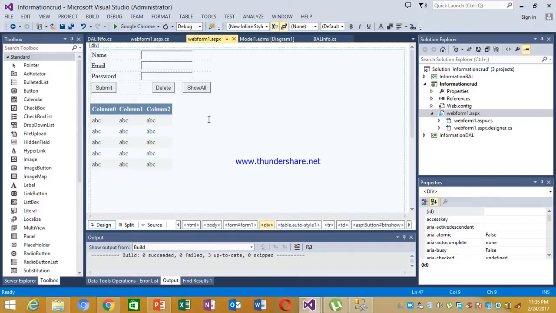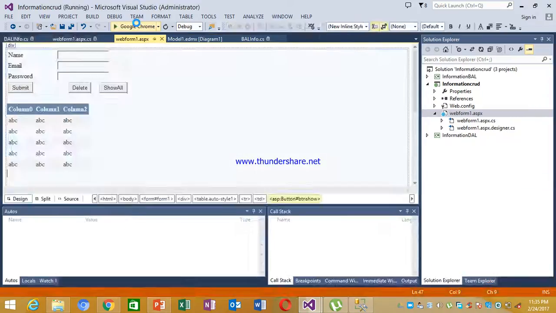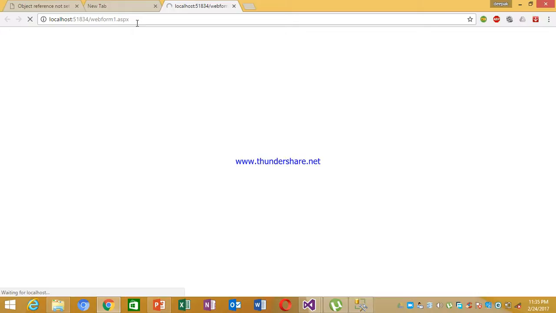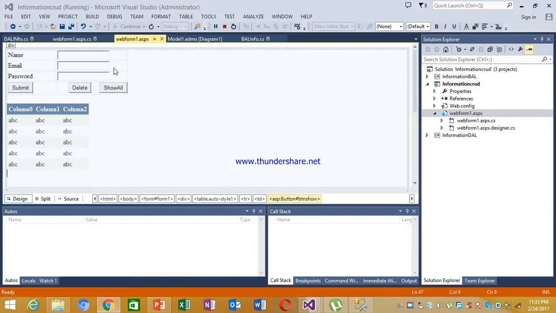Now the details of the code we can see in the debug mode. First we will run this project. Now you can see that there are two more things in the UI in this tutorial. One is the delete button and one is the show all button. When we click on this show all button,